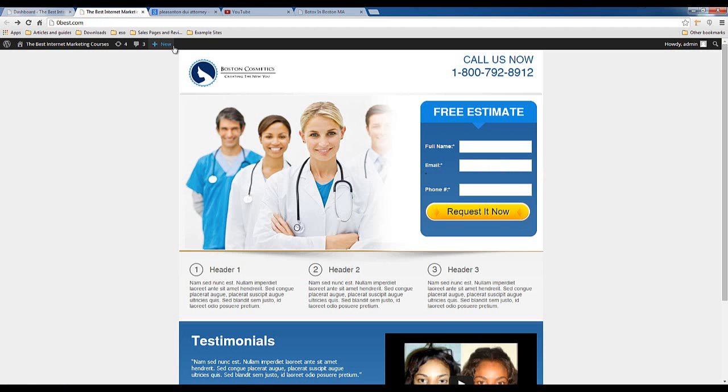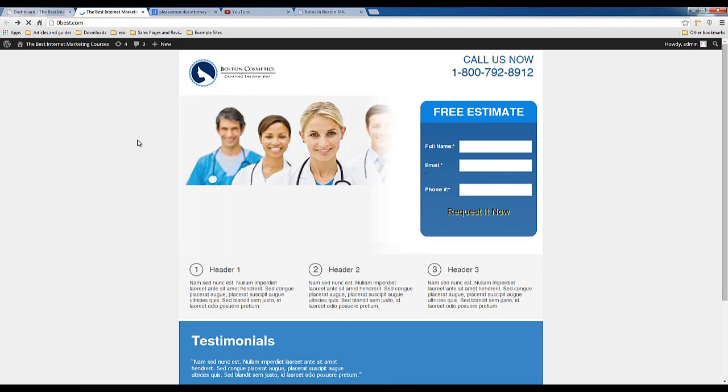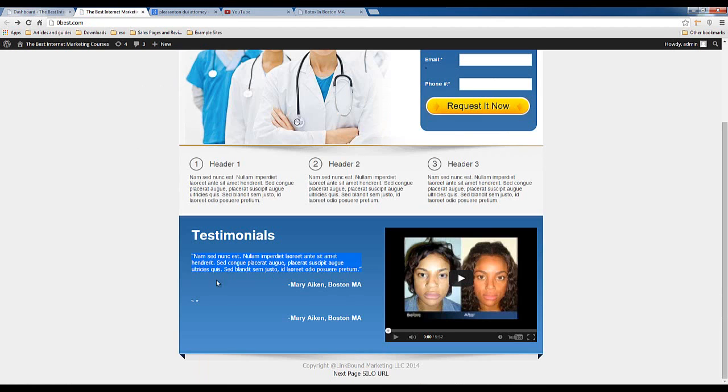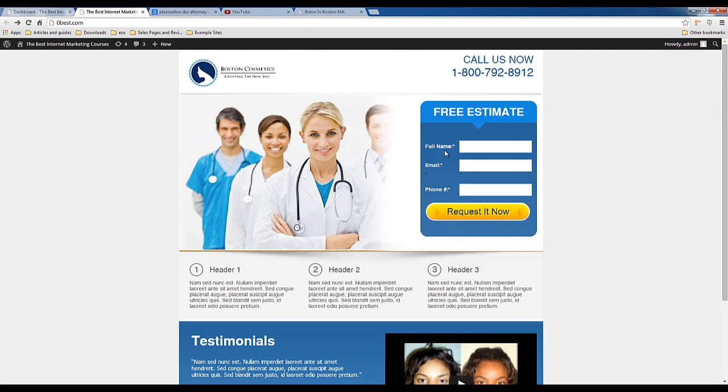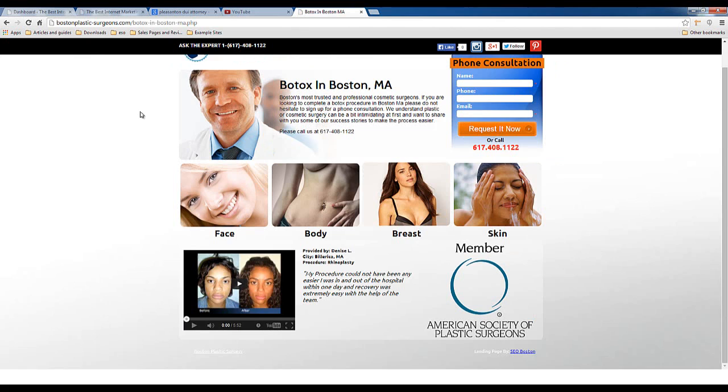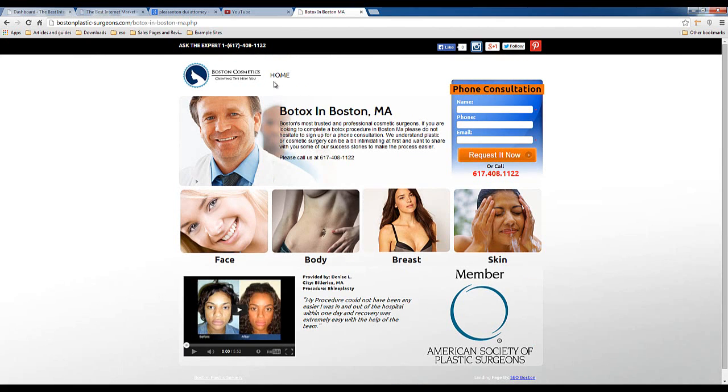First of all, when you install the theme, you're going to have a testimonial area. You can customize the call to action. If this looks a little different to you, it's because the developer is still making changes to perfect the theme, and this is an example of what the theme originally looked like. It's one of his demo sites,